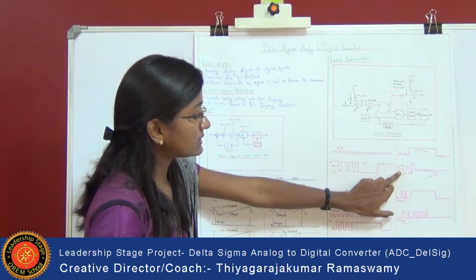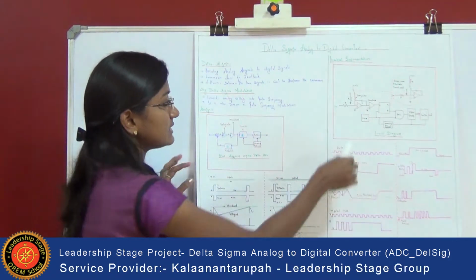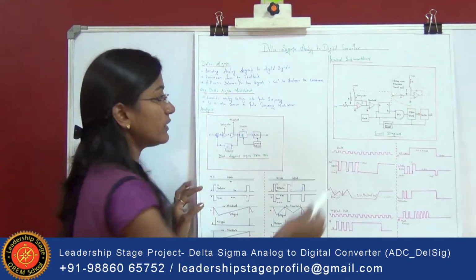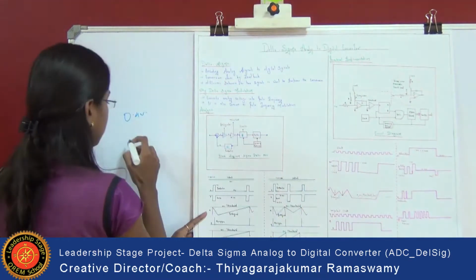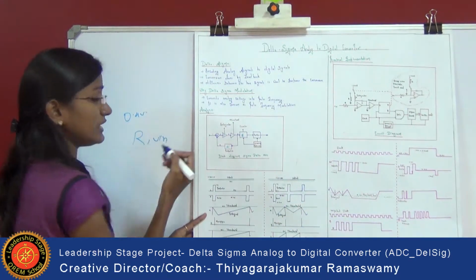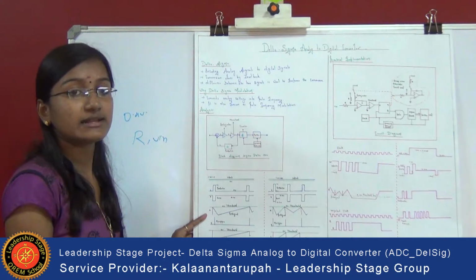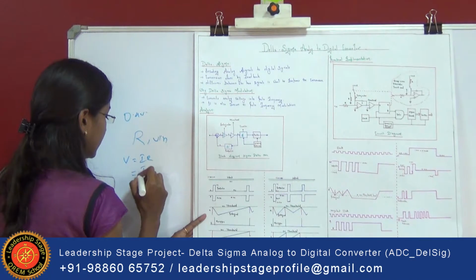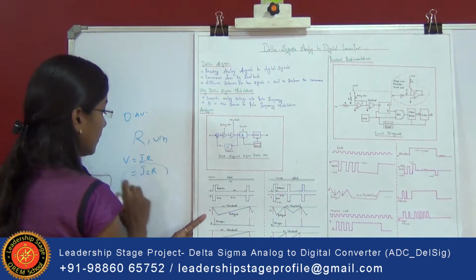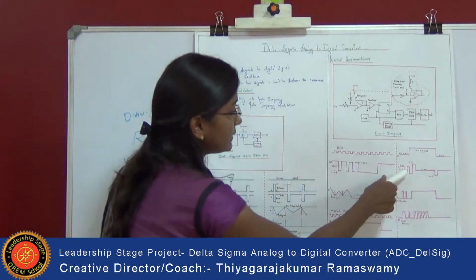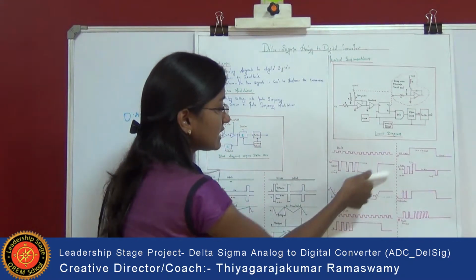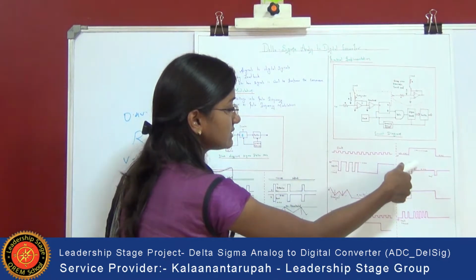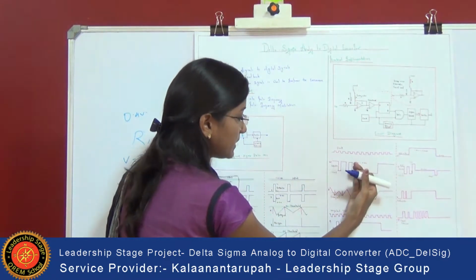Next, we are going to see R times IC. That is, once the current flows through this capacitor, we find the integral sum of both the resistor as well as Vin. If I need to represent this integral sum in voltage level, V equals IR. So I have taken the current as IC times R. Now I am going to plot this IC times R waveform. It also follows an impulse waveform, where it starts from the positive cycle and goes negative and positive, like an impulse pulse.